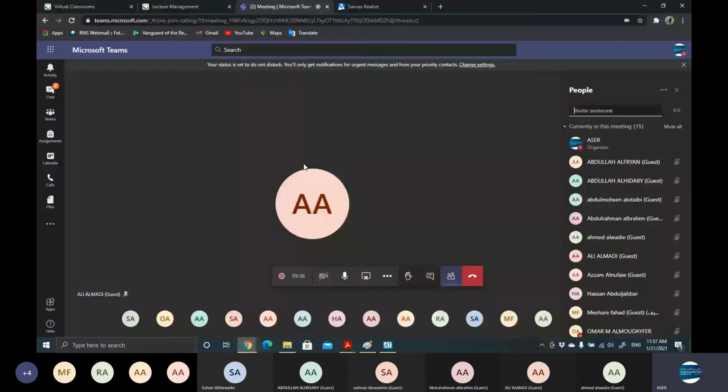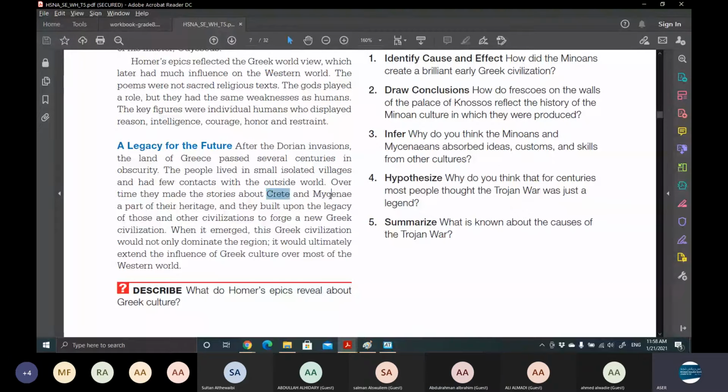So after the Dorians took both the Minoans' and the Mycenaeans' heritage and included it in their own, they started to construct a later civilization, and their civilization started to expand further than they had ever dreamt. It would ultimately influence the whole of Greek culture and civilization, and even most of the Western world, as we're going to study about the city of Sparta, Athens, etc. All right, grade 8.